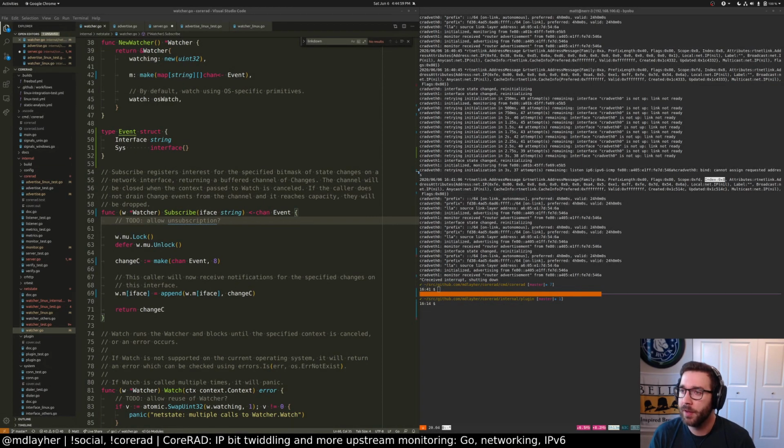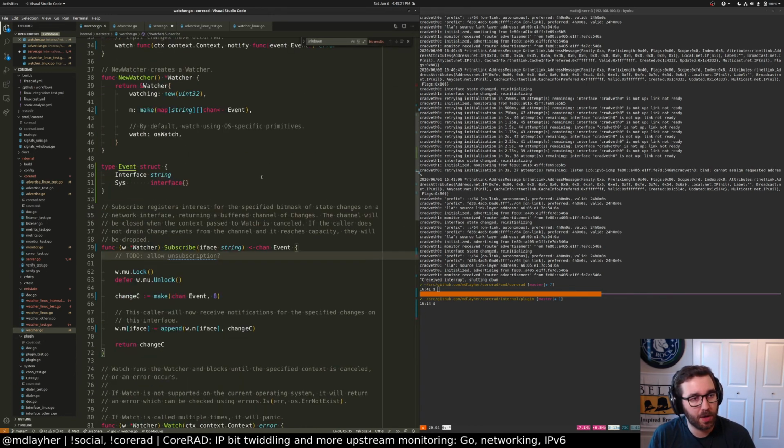All right, we're back. So maybe we should work on interface indexing this whole thing. I think that might actually be easier, at least for Linux. So we're going to need to look up the interface by name, and then keep track of the index as well. So let's see here. How can we do that?